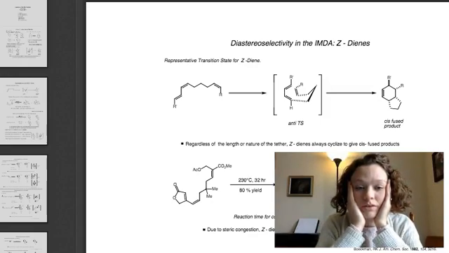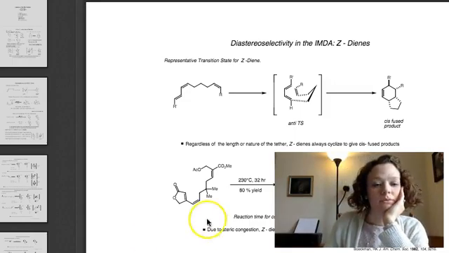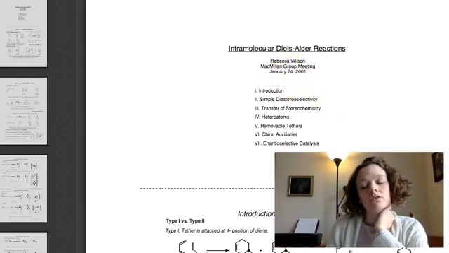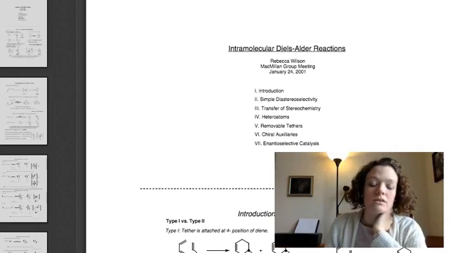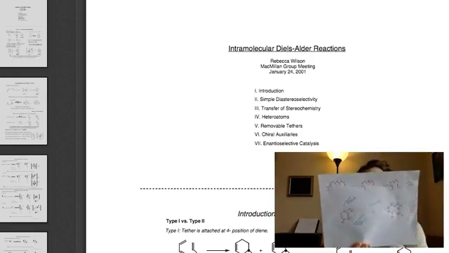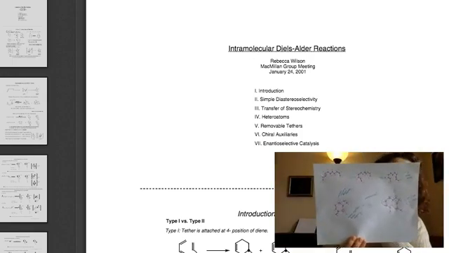The publication that I've been using to guide me throughout this is from Princeton University. It was published back in 2001 from one of the professors there. Let me see if I can scroll up. It's called Intramolecular Diels Alder Reactions by Rebecca Wilson. And I tried to figure out a way to attach it in this discussion forum so you guys could use it, but unfortunately, I know you all weren't able to view that, so I wasn't able to link it over. So if any of you are interested in looking at this paper, or again looking at how I went about doing paper modeling for these reactions,